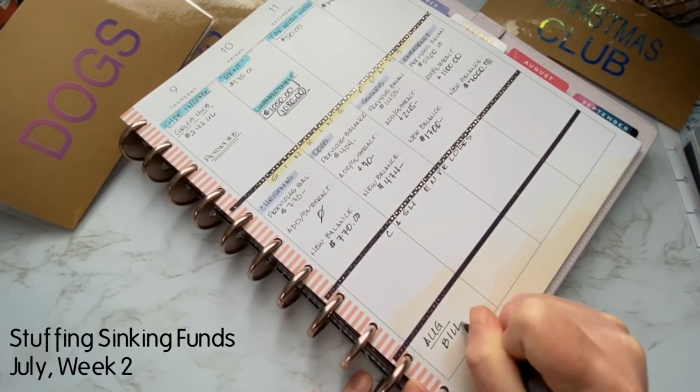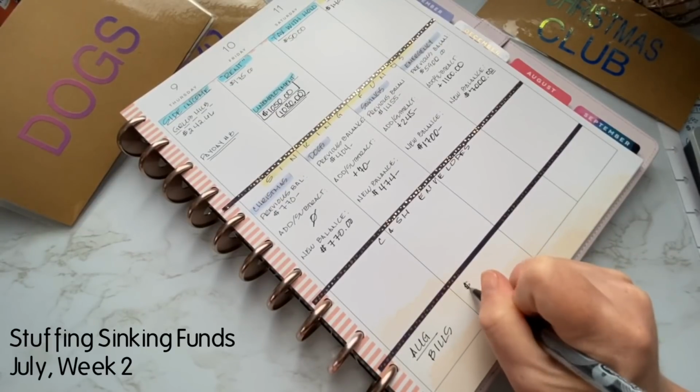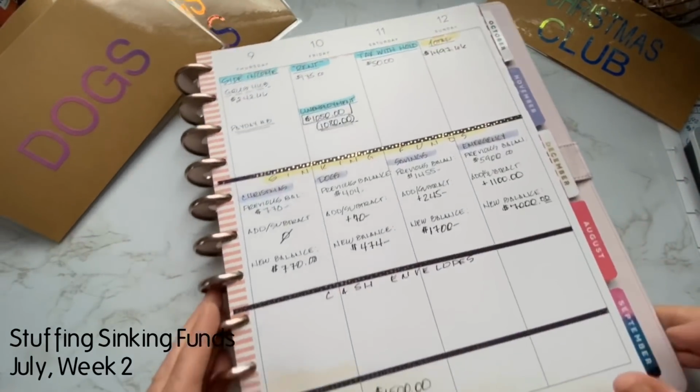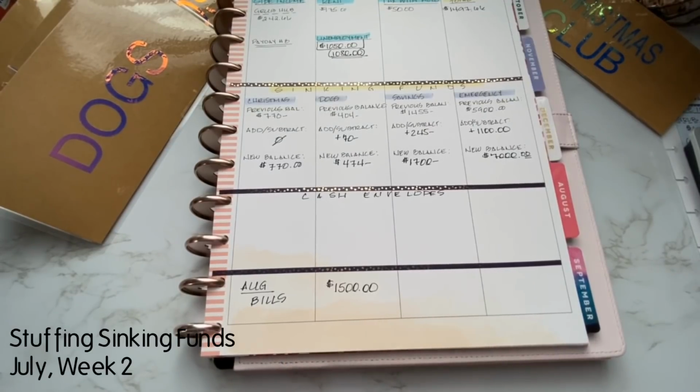So down here is where I keep track of my August bills, and I still have $1,500 in there. I have not added to that, and I don't think I will be until next Friday when I get paid again. So I need to reach a certain threshold for my bills, and I am a month ahead, and the way I was able to do that was I used our stimulus money to pay our bills a month ahead,